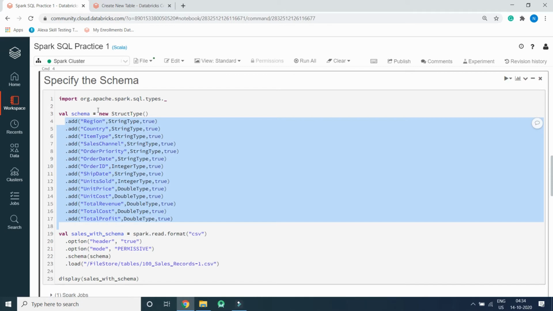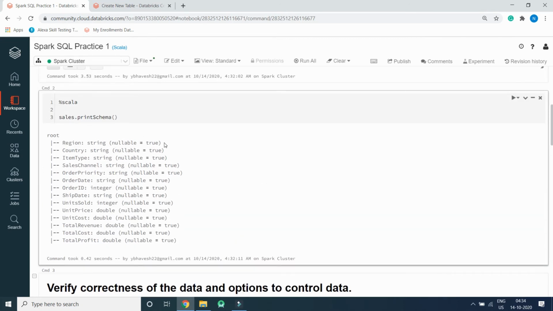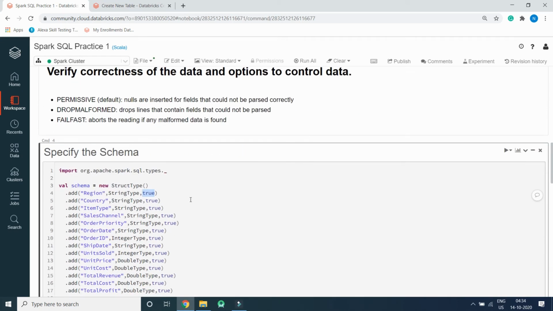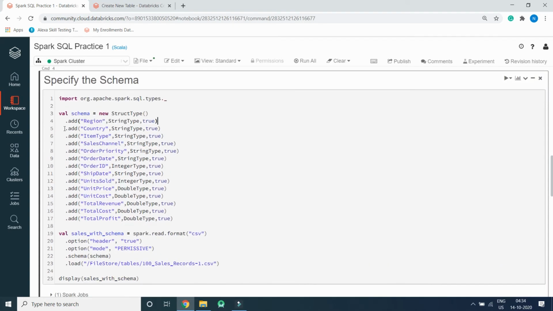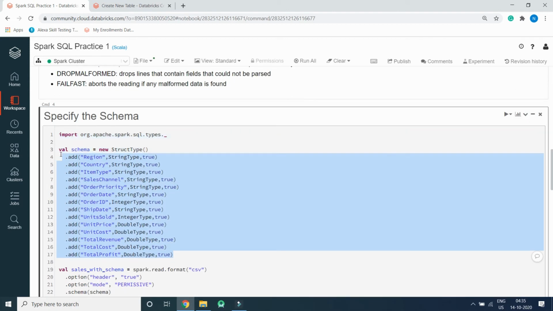Add region StringType true. True means whether null values are allowed or not, so you can see nullable true. For that it can accept null values. So this is how we define all the records or columns of the CSV file, with their respective data types.